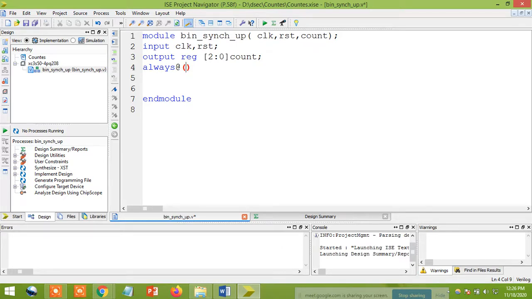Last class, what we did, always at, pause. Yes, we need to define that it's the positive edge of my clock that is changing. Just define the positive edge of a clock. This is my clock. See here, it is always at positive edge of my clock. Something needs to happen. I want to define this, and don't give a semicolon.